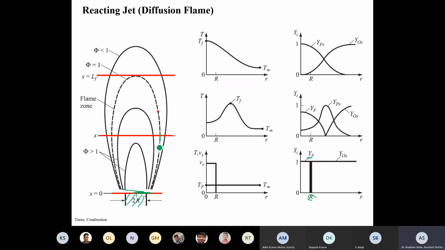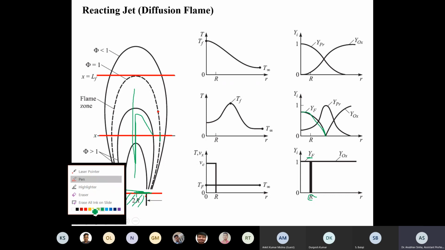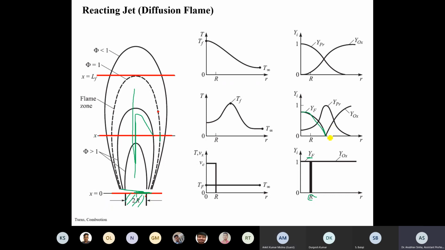So what will happen is inside, let us take from the center line. Inside we will have fuel. That will go on decreasing till the flame front. That is what you are seeing here. Fuel is there at the center, R equal to 0. Fuel is maximum. Then it is decreasing till the flame front. But what happens? Oxidizer is there, which is outside. So oxidizer is coming from outside. It is getting reduced, and here it is completely finished. Fine. Now my flame front is here. Let me get another color.